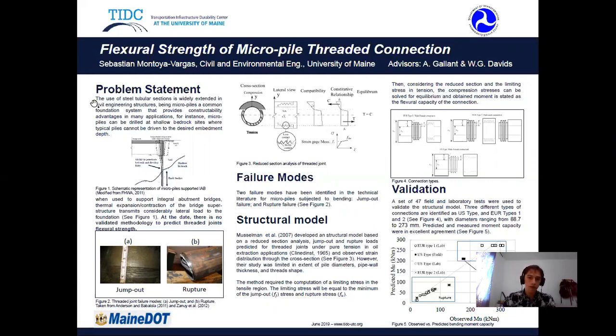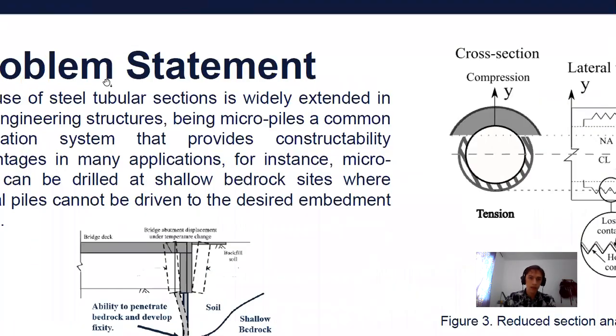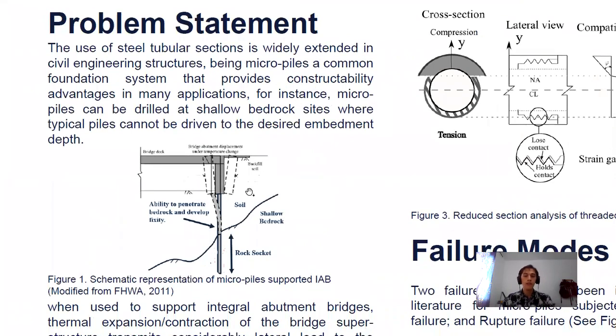So what's the problem statement? Let's look at here. Now we have shallow bedrock that is kind of common in Maine. It's pretty hard to drive common piles like H-pile sections to the desired depth. So in this case, micropiles are pretty suitable since they can be drilled through the rock and then achieve the